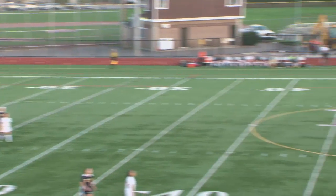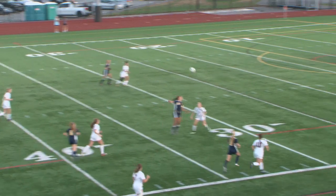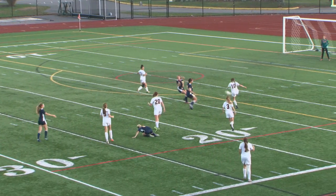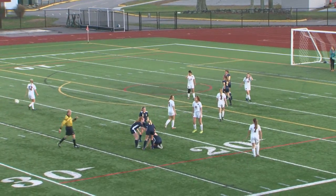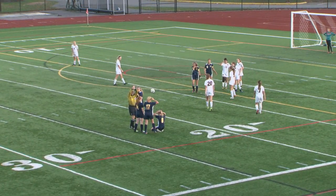Great vision by Izzy there to play that ball over the top. Other side, DeVignan heads it to her teammate. A little confusion. We're going to get a whistle. I don't know. That looked like almost like a self-inflicted run in that time, and that was Gelhaus. She got caught up